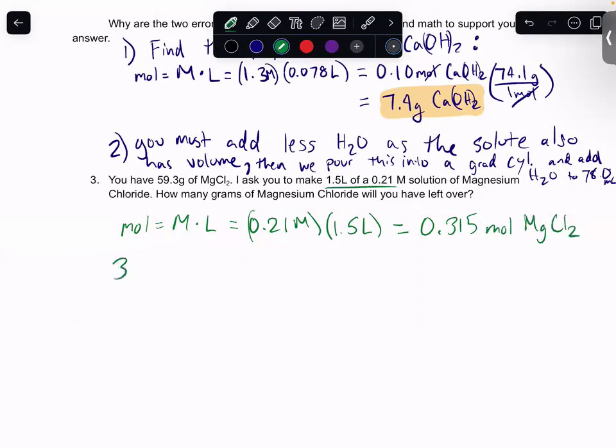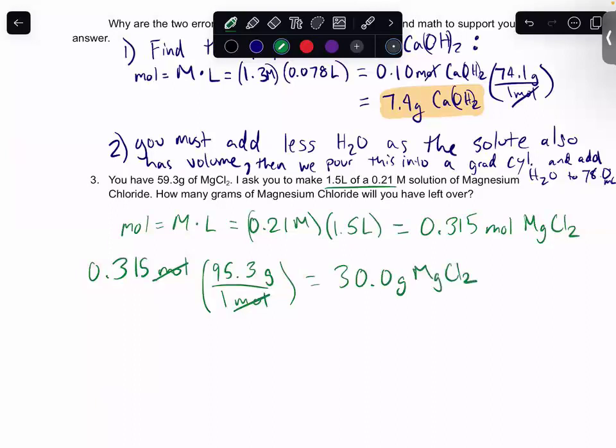Once we know that, we can take 0.315 mole, multiply it by the molar mass, which is about 95.3. If you got slightly different numbers because you have a different periodic table, that's all right, as long as we're in the vicinity. Mole cancels with mole, and we get a total mass of about 30.0 grams